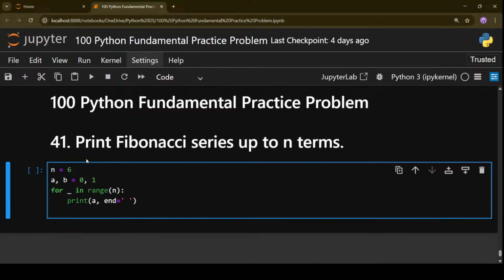I want to make sure that it prints in one line. It's not necessary, you can print it in several lines also, but it's fine.